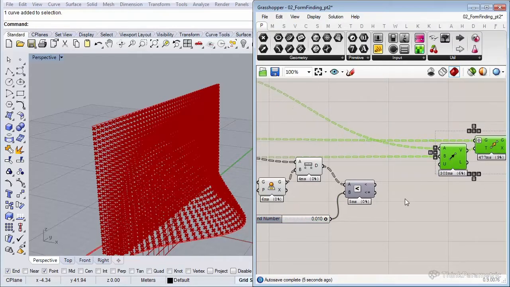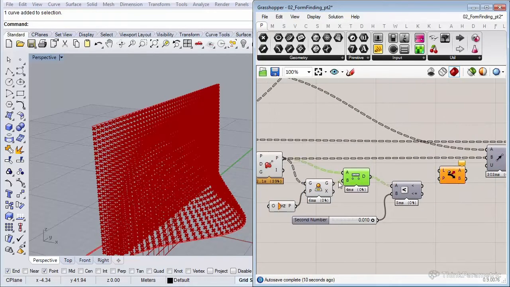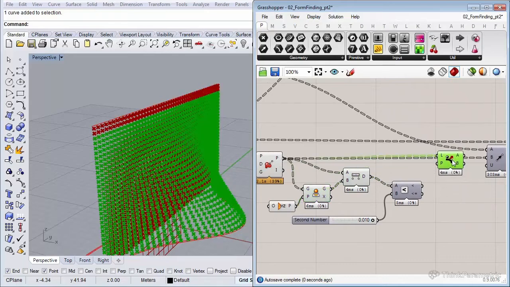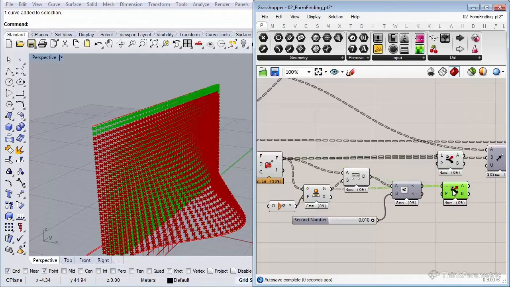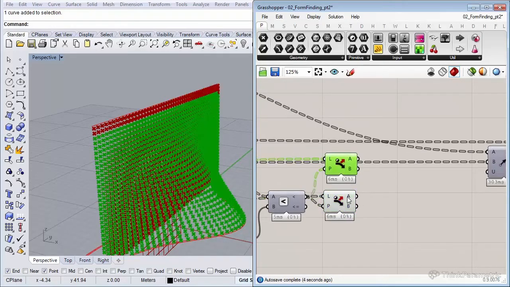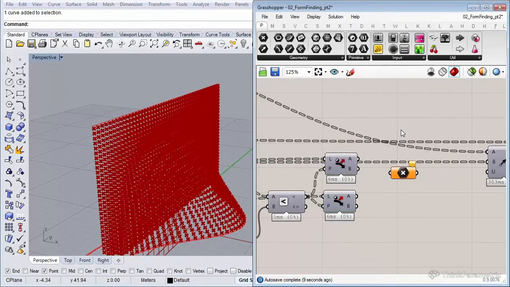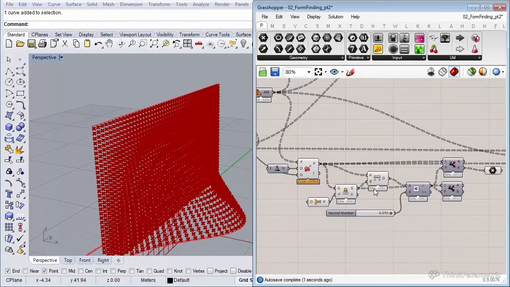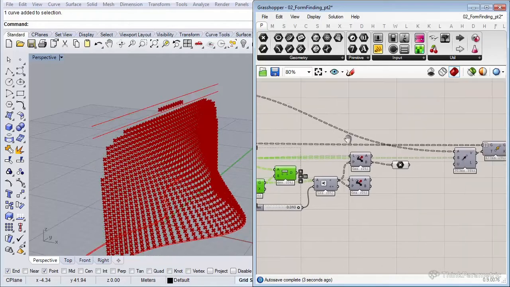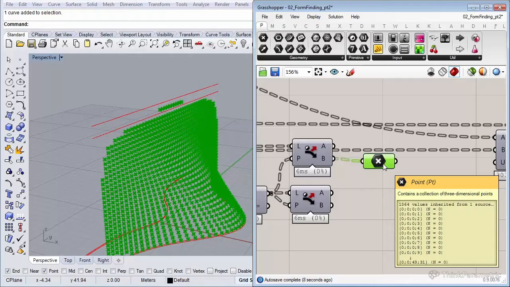So let's insert a slider with 0.01, which is 1 centimeter. And let's insert a dispatch component to separate our original points and also our projected points. So let me turn off the dispatch. So these points are further away than 1 centimeter from our YZ plane.